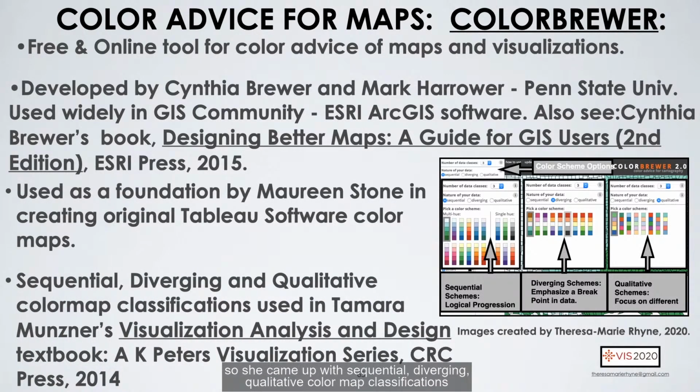She came up with sequential, diverging, and qualitative color map classifications. Now, why do you care? You care because when Maureen Stone was developing the colors for Tableau software, she based a lot of her work on the ColorBrewer concepts. And Tamara Munzner, in her Visualization Analysis and Design textbook, bases a lot on sequential, diverging, and